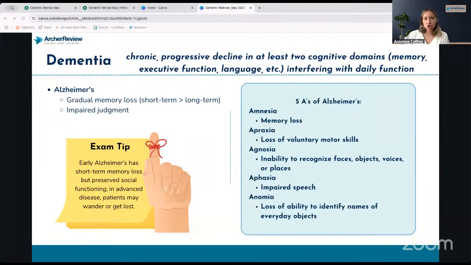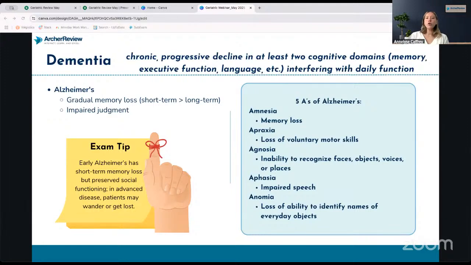They like to use it in charting, especially since a lot of the patients I see in a clinic setting are geriatrics. These are terms you're going to want to use for your charting. So I made flashcards just so I didn't mess them up. You want to remember these 5 A's. And the other little tip I would give you guys on this slide is that dementia is not just that regular mild decline.